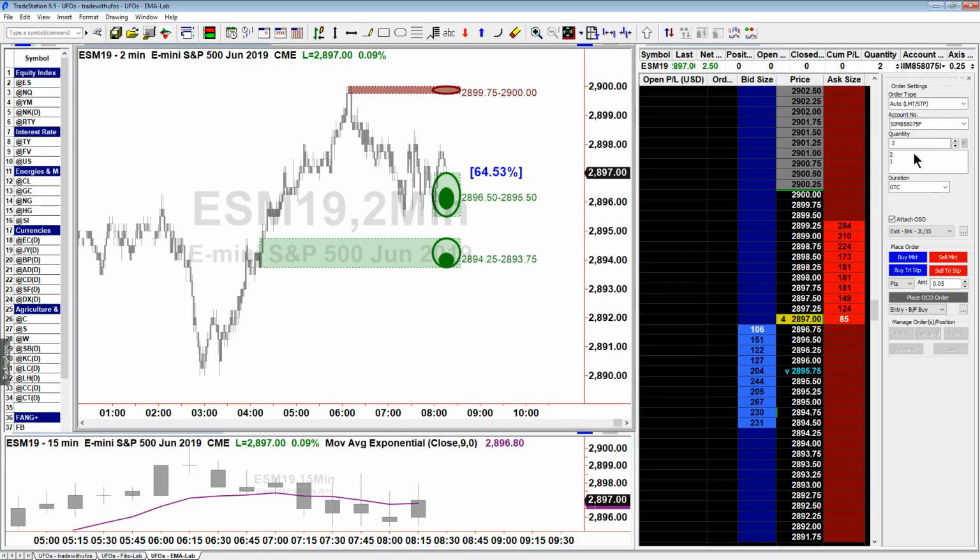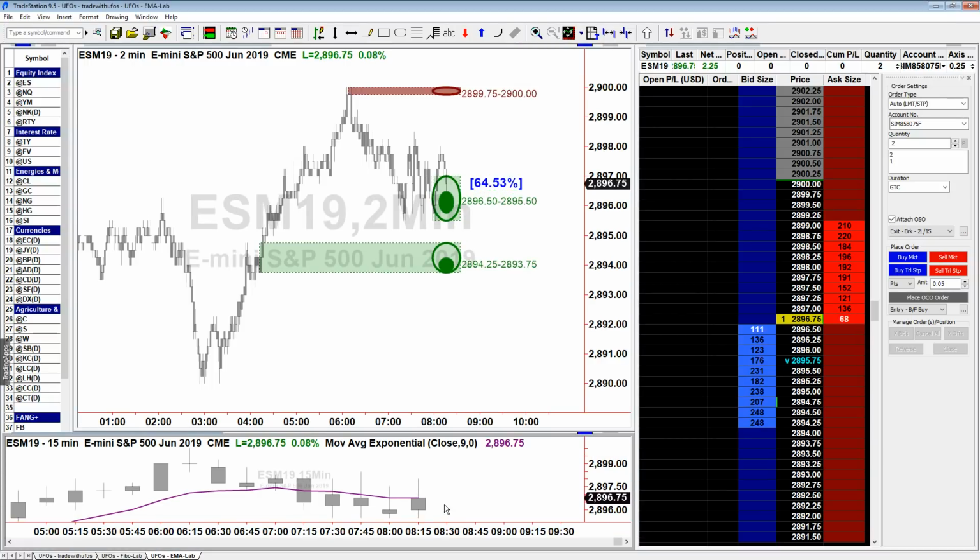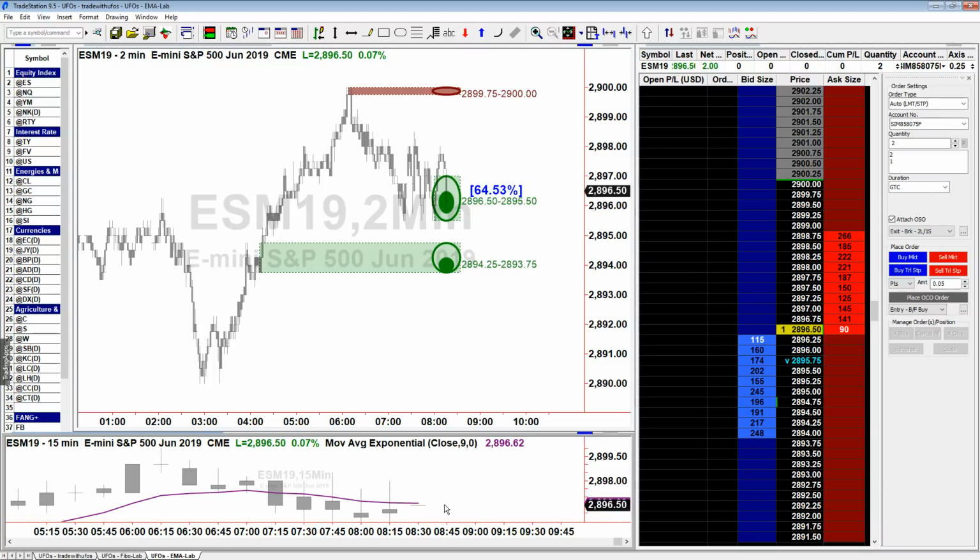So I am getting ready here because this may happen quickly, and you be ready as well, because I may need to enter with a market order. But 13 seconds from now, it's not looking so good anymore, because it looks like the candle is going to close below the average. So we have a little bit of a fight, and we're going to have to be a little patient to see what happens in the end. Yeah, here we go. It seems we're going to close below. Yes, so we had a close below.